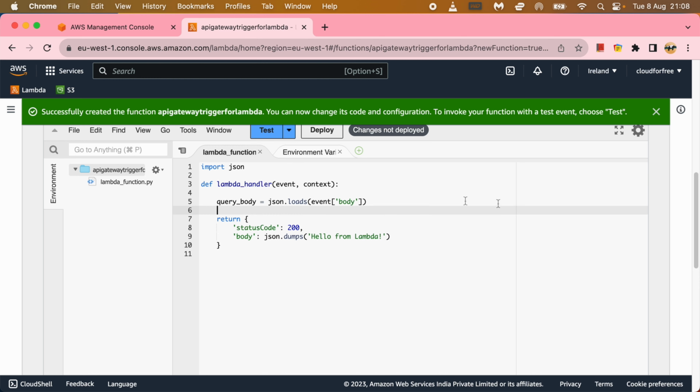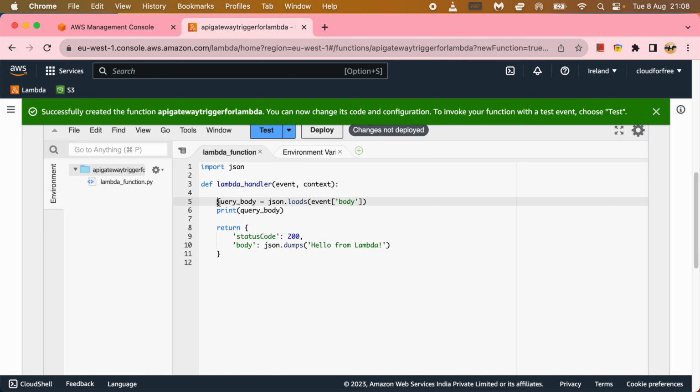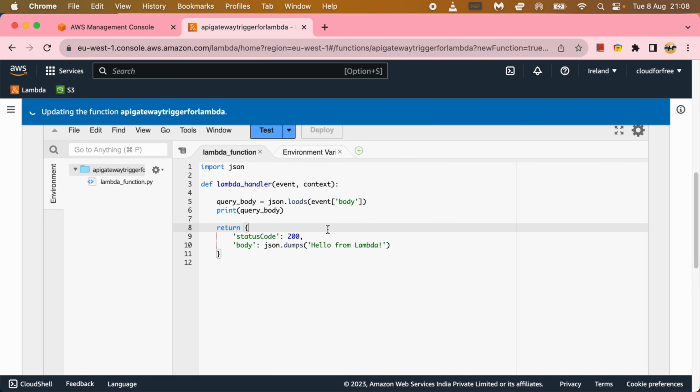Now let me print out what the result is going to be. So that's a simple example. Later I'll figure out what to do with this body. So let's say I deploy this function